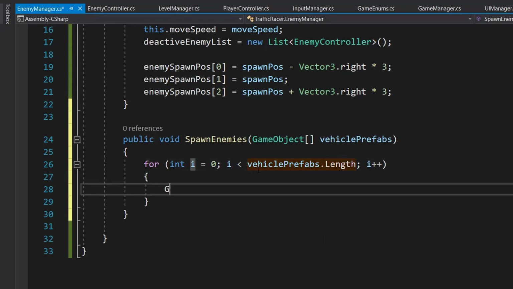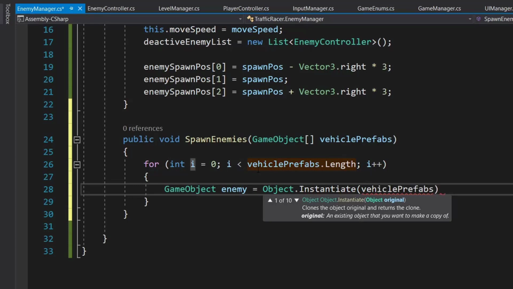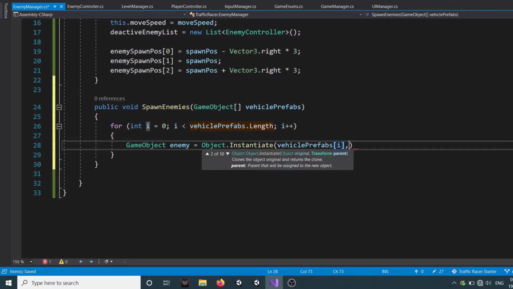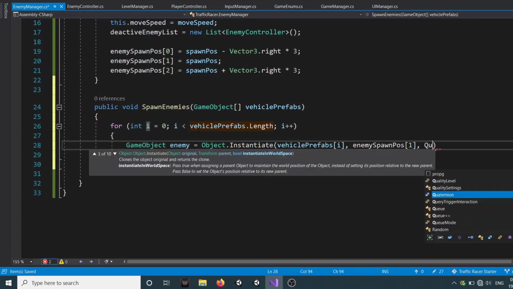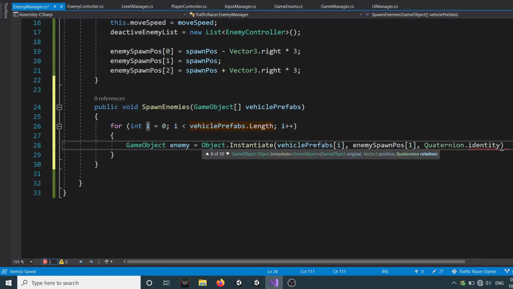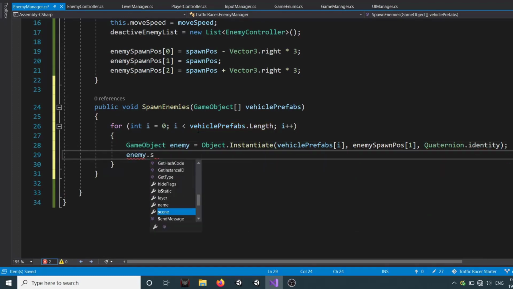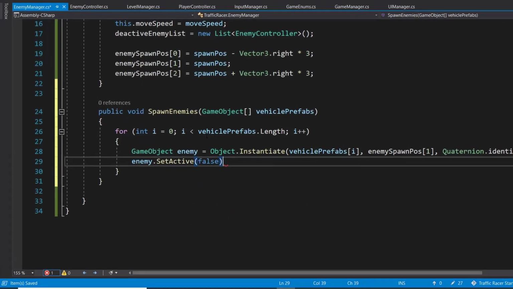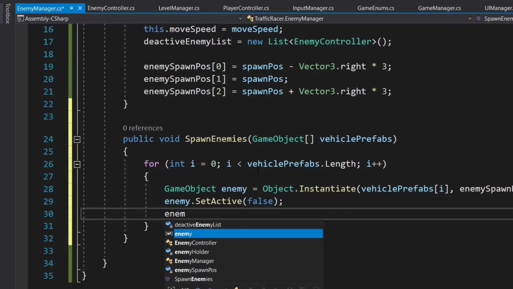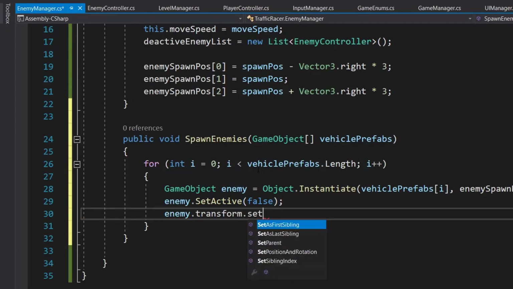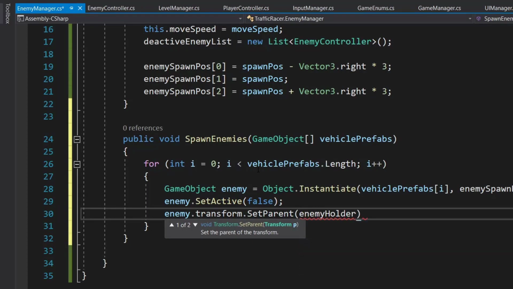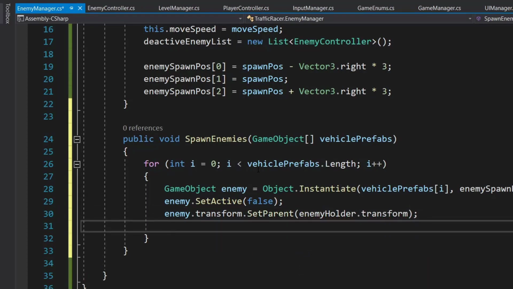In that we will create a GameObject: GameObject enemy is equal to Object.Instantiate vehiclePrefab i, at the position enemySpawnPos 1, and the rotation will be Quaternion.identity. Then we call enemy.SetActive false. We deactivate it because we are not using it right now. Then we set its parent, so enemy.transform.SetParent enemyHolder.transform. Then we give the name to it, so enemy.name is equal to Enemy.